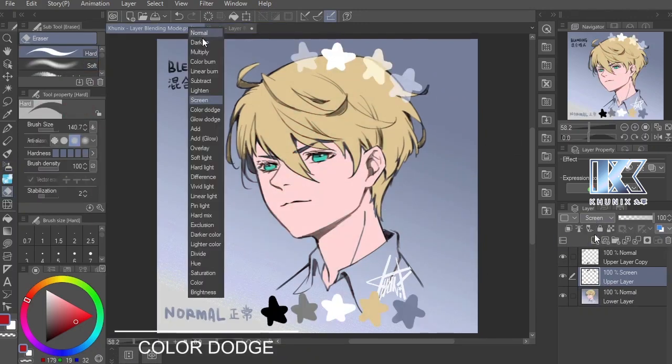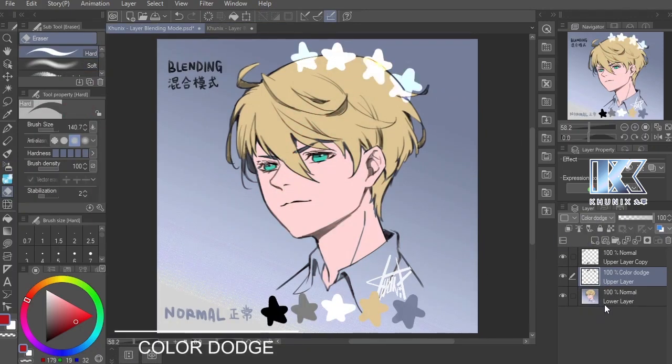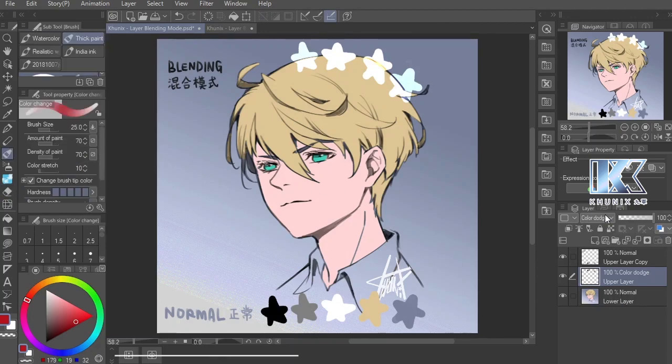Color dodge. Color dodge layer will make the lower layer colors become brighter and lower the contrast. The line art becomes brighter while black color is invalid. Glow dodge. Glow dodge mode creates stronger effect than color dodge. Black color is